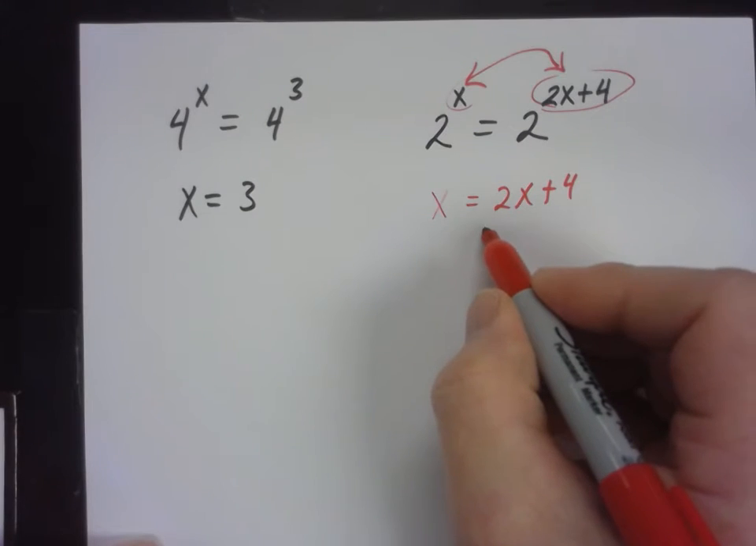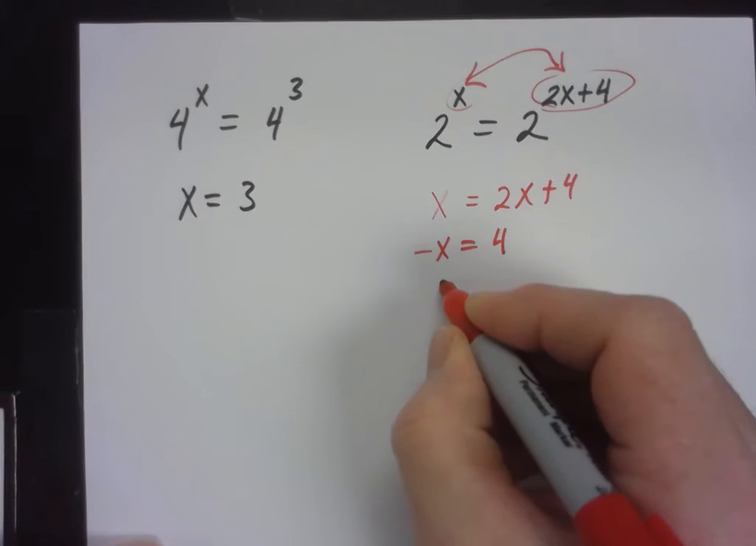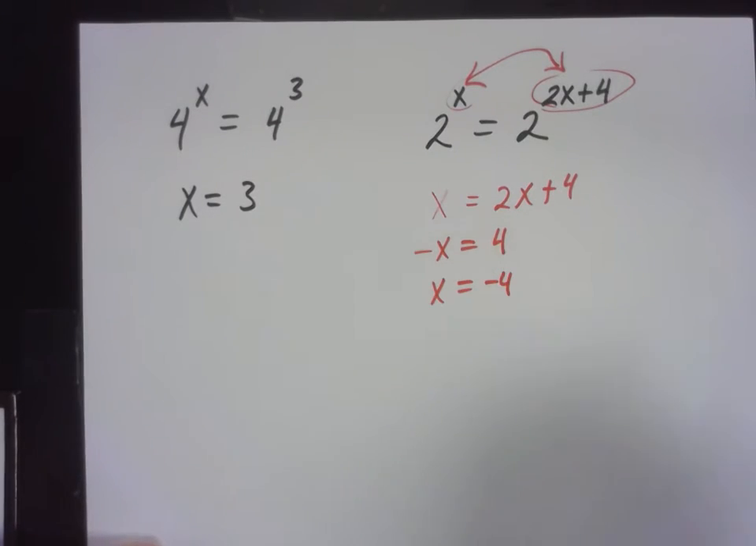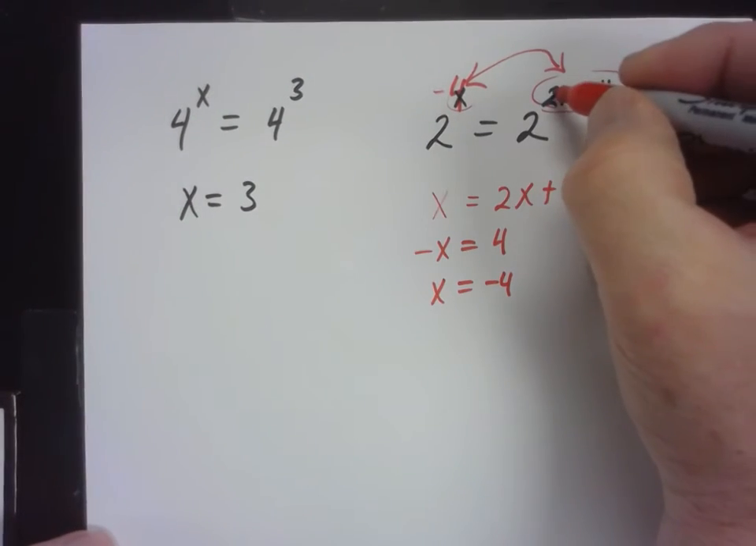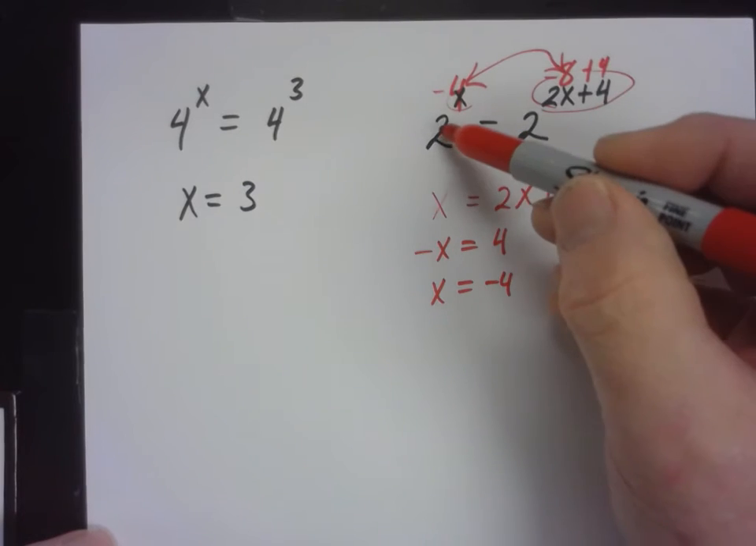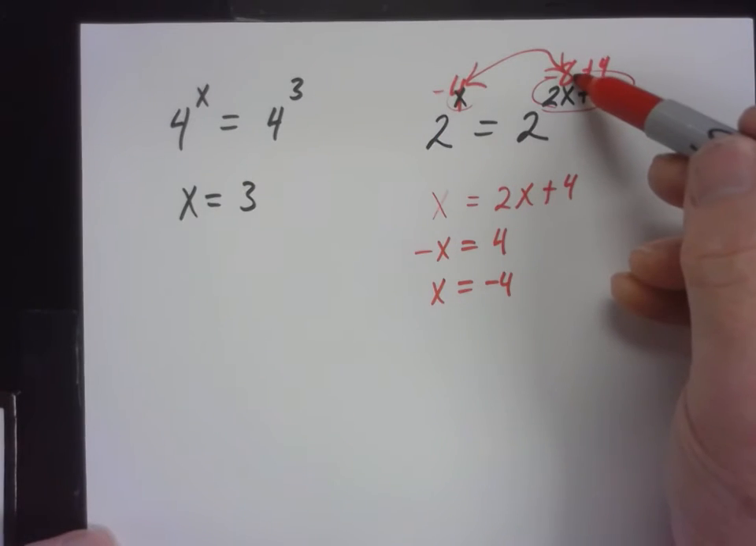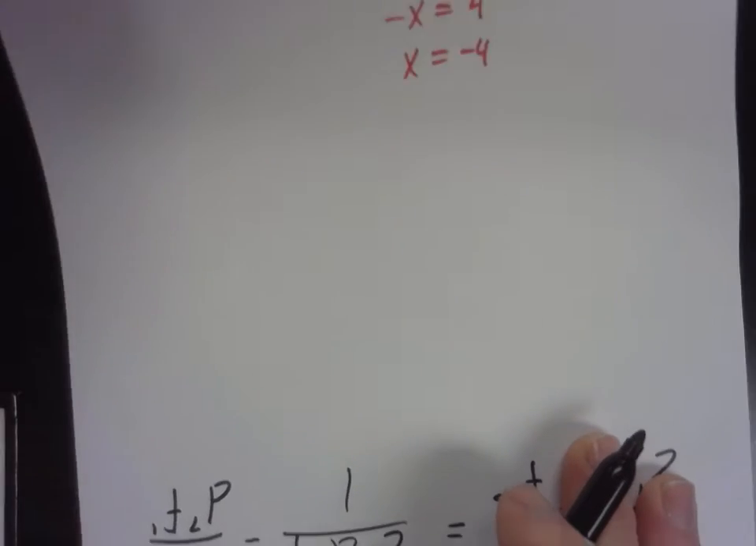Subtract 2x from both sides. Divide both sides by -1. So if x were -4, 2 times -4, that's -8, plus 4, I'd get 2 to the -4 equals 2 to the -4. Are they equal? Okay, so notice what I'm doing then? I'm setting the exponents equal to each other and then solving that part of it. So all easy. Okay, so now